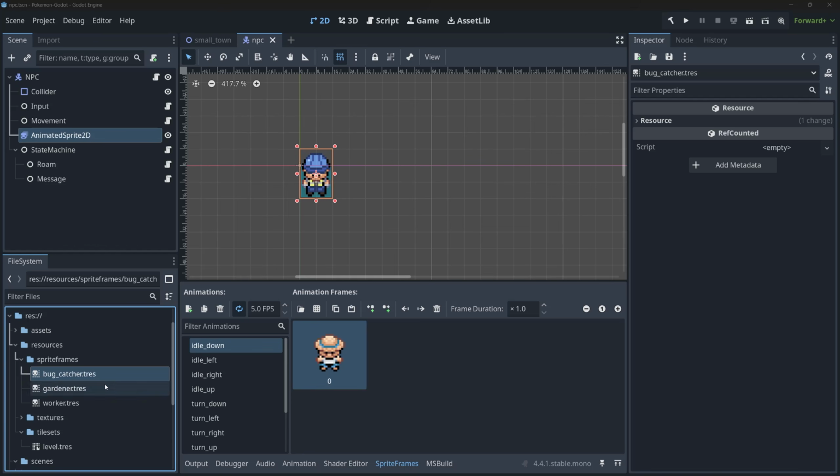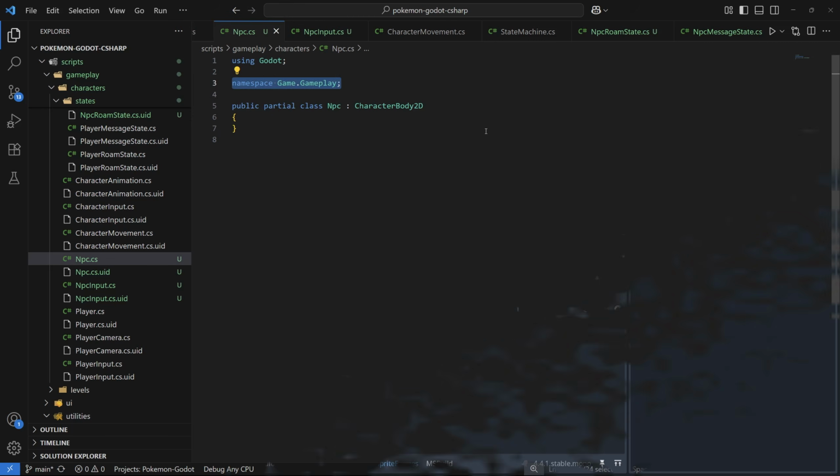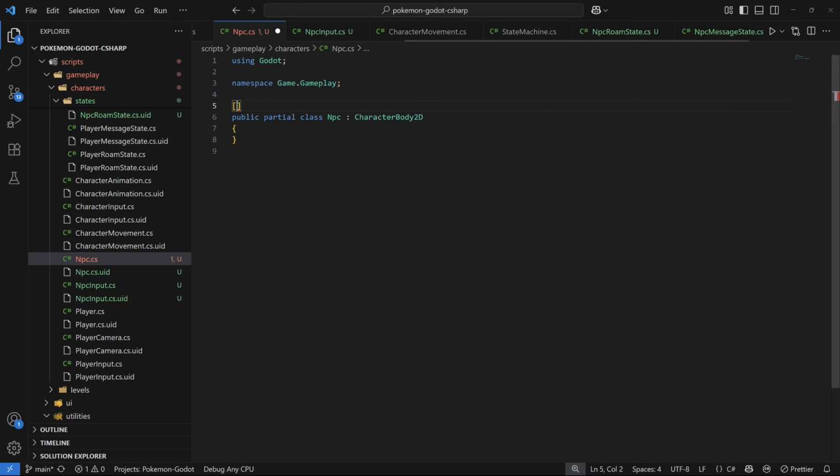Okay, now I got all 3 of my sprite frames. Now I think it's time to actually edit the NPC class. And as we go through the class, we will fix all of the subclasses along the way that we need to take care of. So much like we did with the sign, we're going to add the tool decorator to this so that certain parts of this can be run inside of the editor,